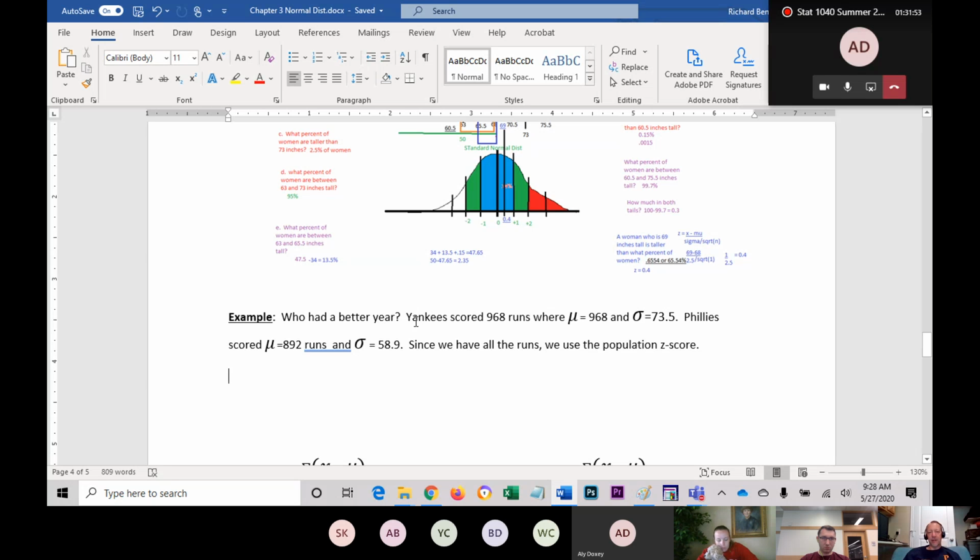For those of you who aren't baseball fans, the Yankees play in the American League, and they're going to score more runs because the pitcher does not have to hit. And so the Phillies, on the other hand, play in the National League. They're going to score fewer runs because the pitcher does hit, rather. And so the pitchers are terrible hitters. That's the general rule. Babe Ruth is the exception. And so the idea here is we want to compare. We can't just assume that the Yankees are better because they scored more runs, because in the American League, they,